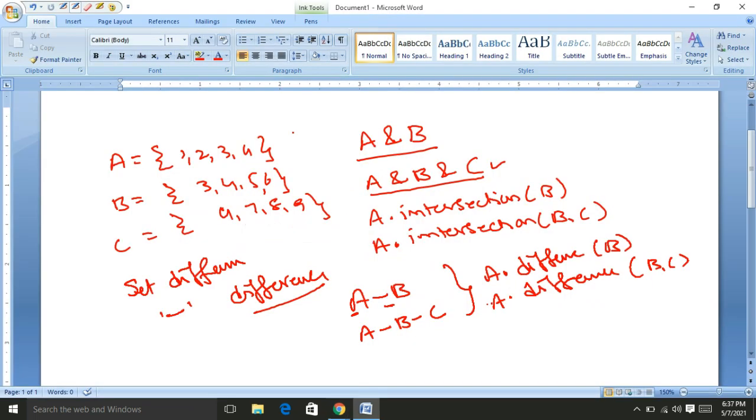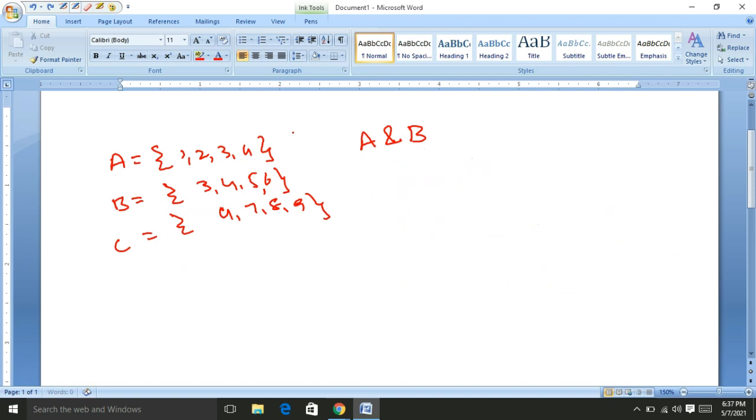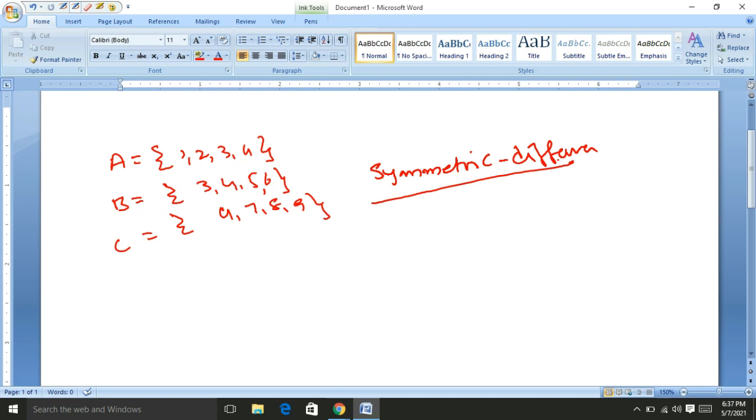The next operation is symmetric difference. What do you mean by the symmetric difference? The elements which are available in A and also available in B, but not available in both of the sets.